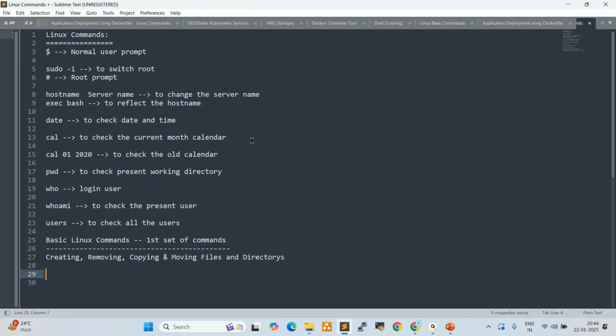cd is change directory, not creating a file. Okay, for creating a file, before touch, before vi, we used to use one very basic command, which is the cat command. Cat space greater than space file name